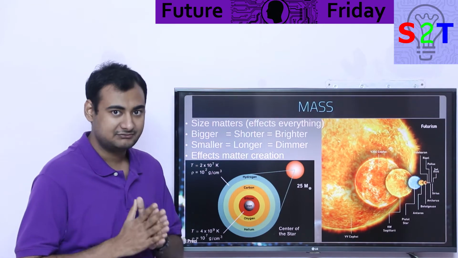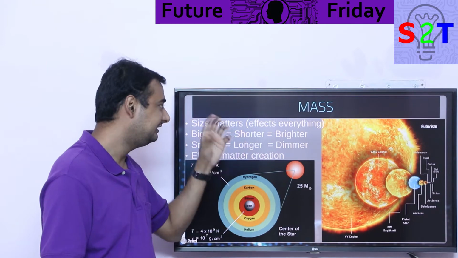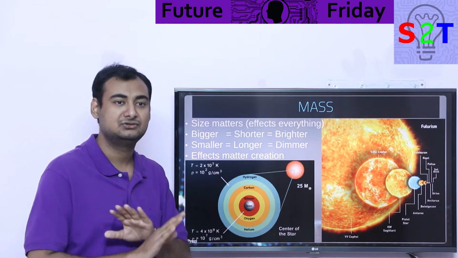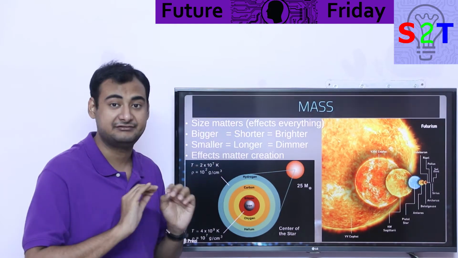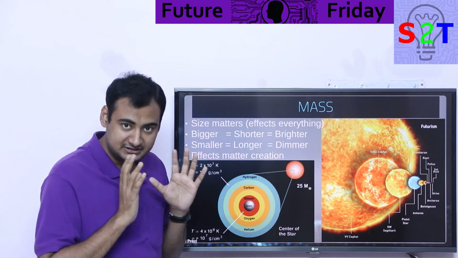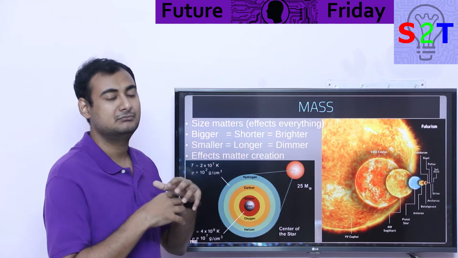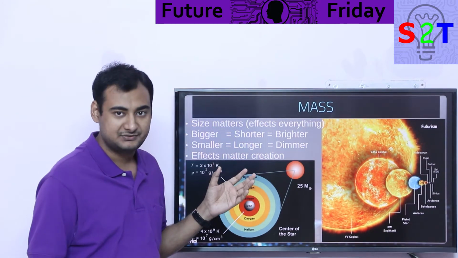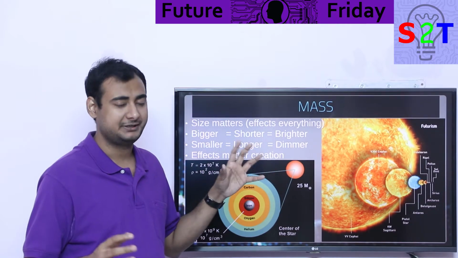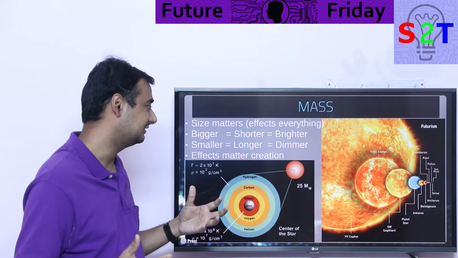So all these things you have to understand, all of this is controlled by one core factor: mass, gravity. Everything is going around mass. So size matters. Yes, in this scenario, size absolutely matters. It controls everything, from birth to death. Now there is a simple rule for this: if you are really big, much bigger than the sun, you will have a shorter lifespan. You will live only a few million years, and then you will be immensely bright. Your brightness would be multiple times more than the sun.